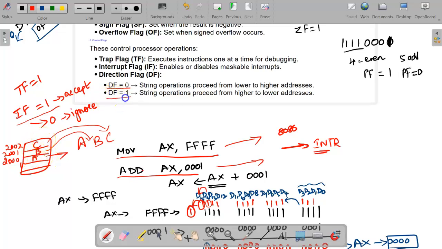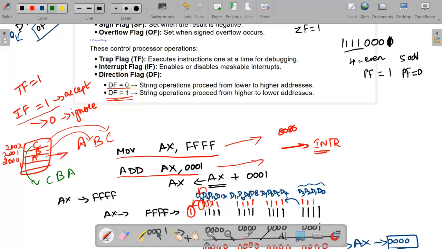Suppose DF is equal to 1, then it will start from the higher address. So first it will take C from 2002, then the next lower address, that is B, and then the next lower address, that is A. Like that it will proceed from higher address to lower address for the string operation